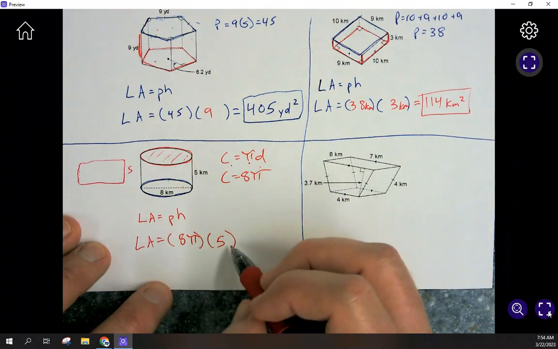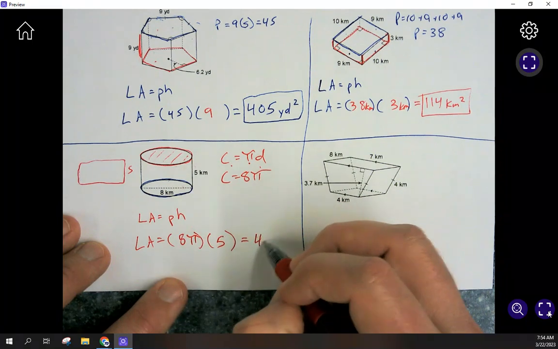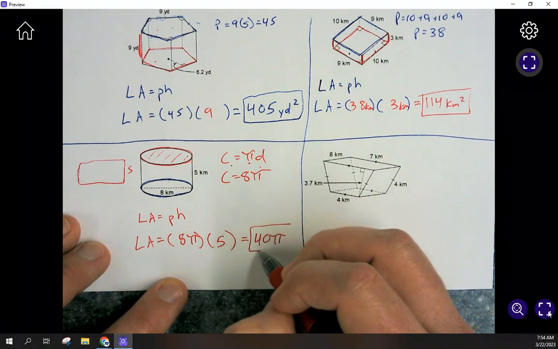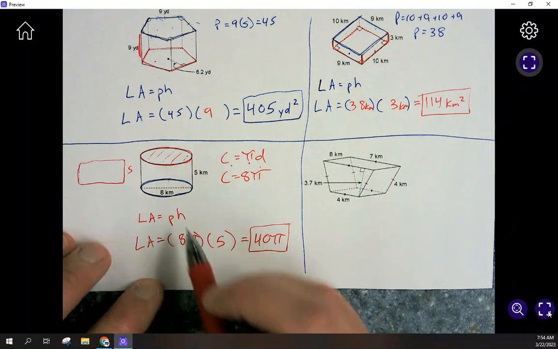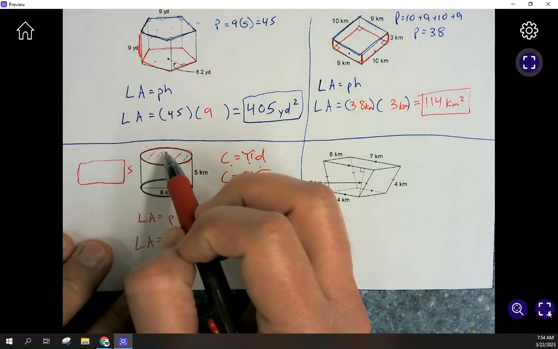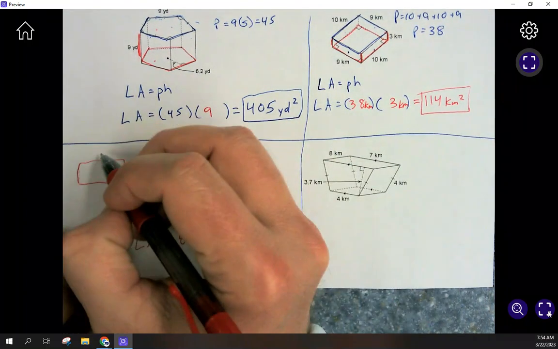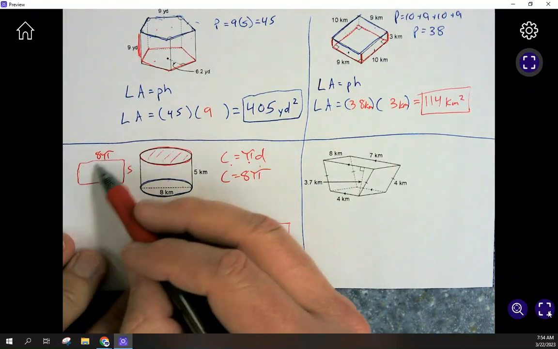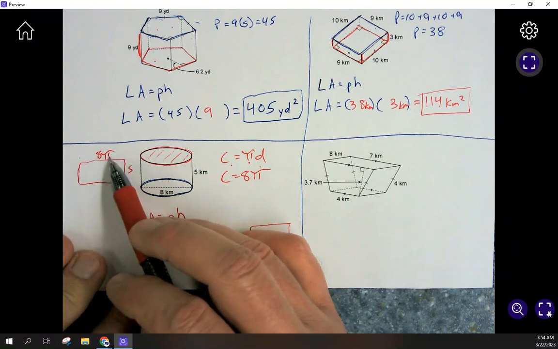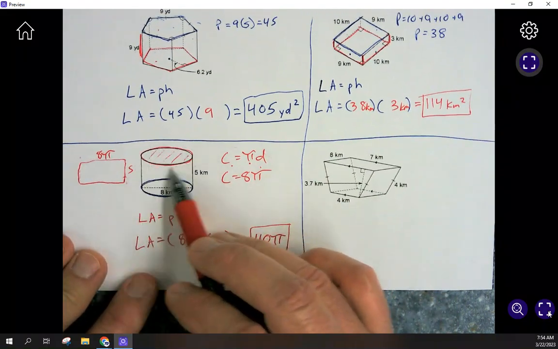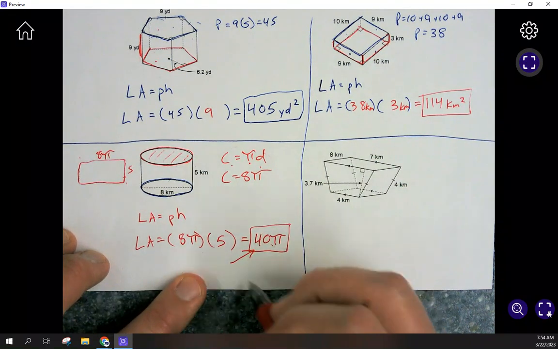That's what's going to drop in right here. And I would multiply those across. And we're going to leave pi in our answers here. So that is 40 pi. If the direction said round to the nearest tenth, you just put pi in your calculator, or 3.14. So this distance around the circle, if I laid that label flat, that distance right there is 8 pi. So the rectangle that forms the label has a length of 5 and a width of 8 pi coming from the circumference. Okay, so this right here would be the area